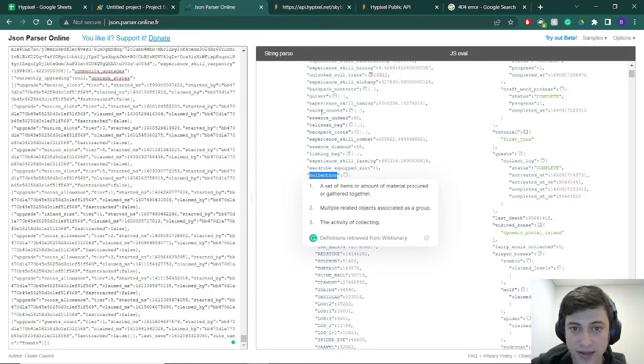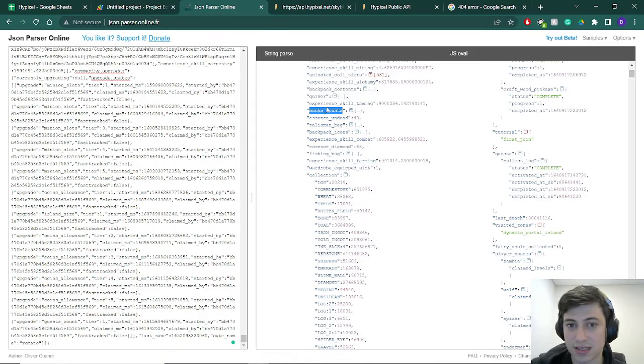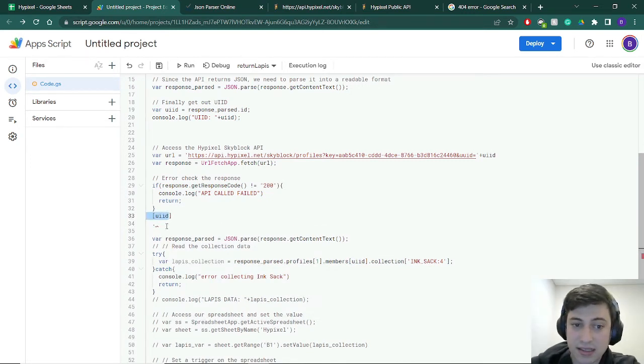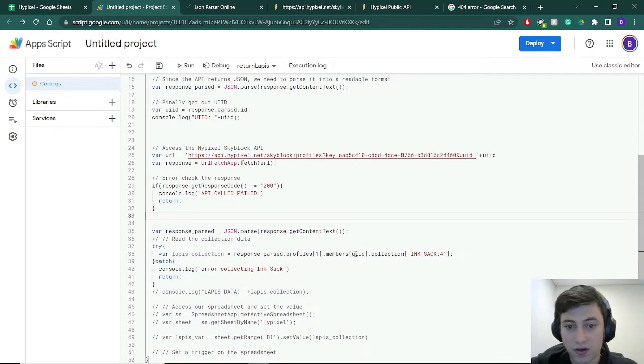So if you want to get sacs count, you just do dot sacs count. And then you want to do the actual value that you want to get. So we're trying to look for inksac-4. Now you might be a bit confused as to why I use, say, this and the dot sometimes. It doesn't matter which one you use. So I could have done